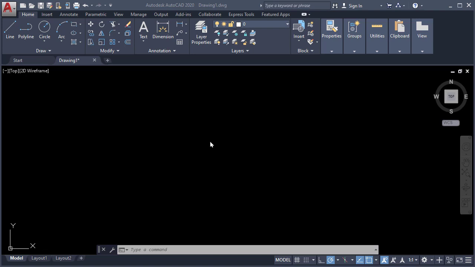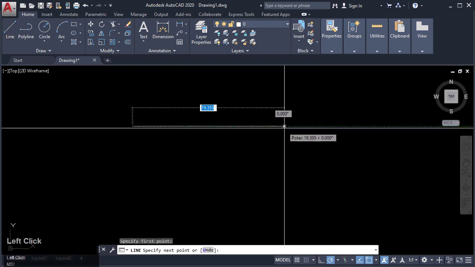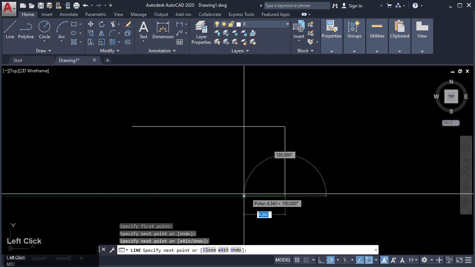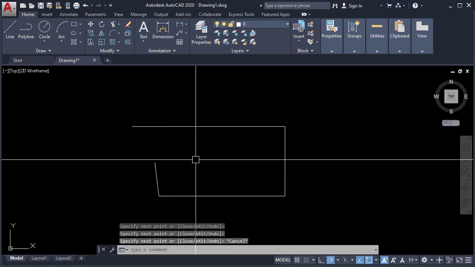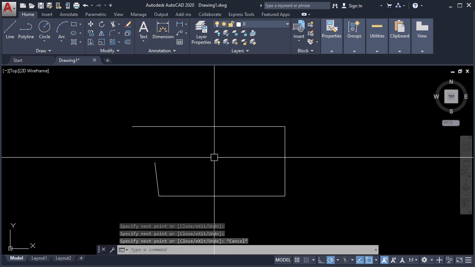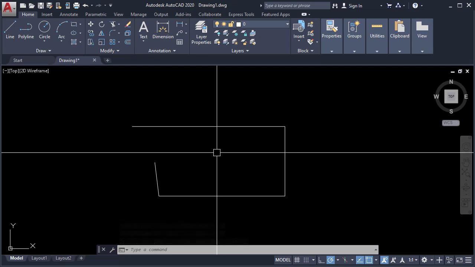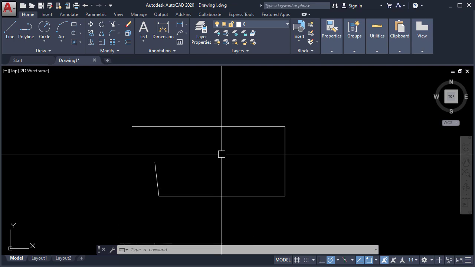The first commands that we're going to use are line and polyline. There are three ways of placing your line and your polyline. One is by clicking the icon and directly clicking and dragging it into your modeling window. To end your line, you simply press the escape key, and this will terminate your line command. Another way of doing it is we type in the word line,